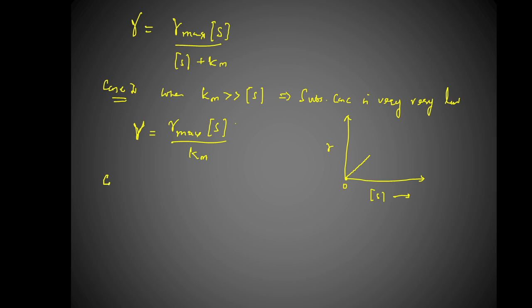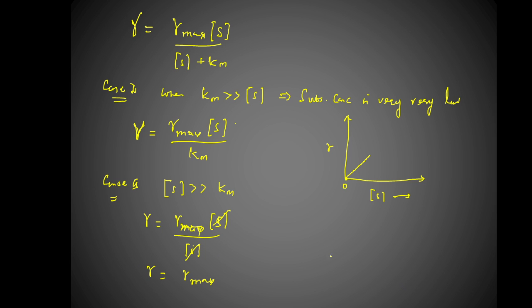Now let us apply condition number second. Case number second will be when substrate concentration is high compared to that of Km, means when substrate concentration is greater than Km. So we can neglect this Km in the denominator. Therefore rate will be equal to R max into concentration of S divided by, since this S is maximum, Km can be neglected in this case, into S. This is maximum over here. So this S and S will get cancelled. Therefore R becomes equal to maximum rate, R max.